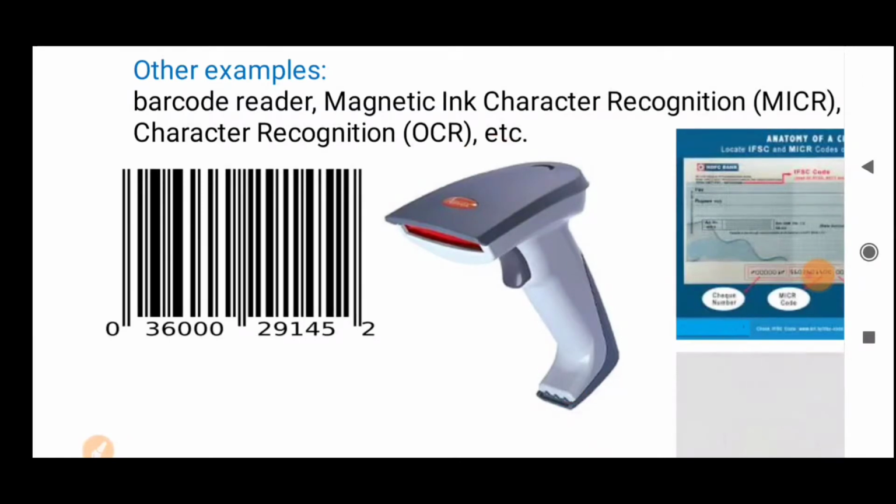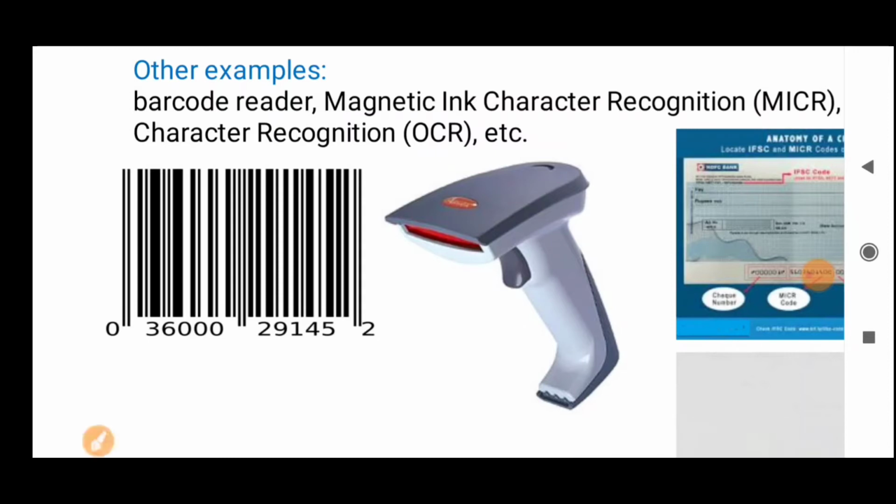So in that case they will simply scan the barcodes, and that barcode will be nothing but the number of the item, along with some additional information: when it was manufactured, when it is going to expire, and what the number for it is. So various information will be associated with that barcode, and that information will also be passed along with the number of that item. This simplifies the work and gives you a very accurate count of that material. It will also help you speed up your work.